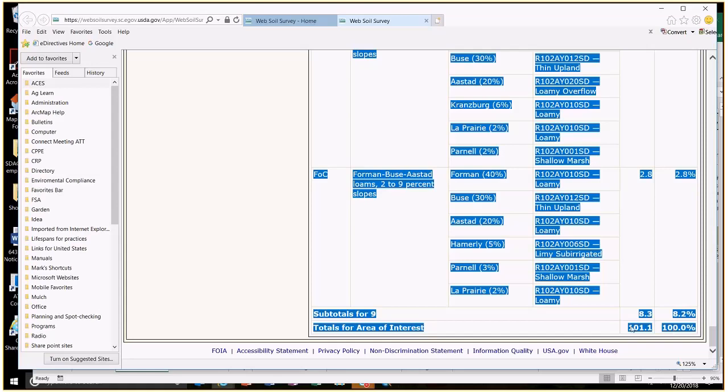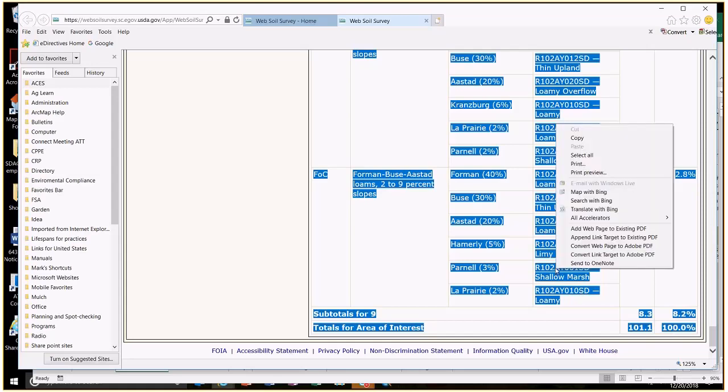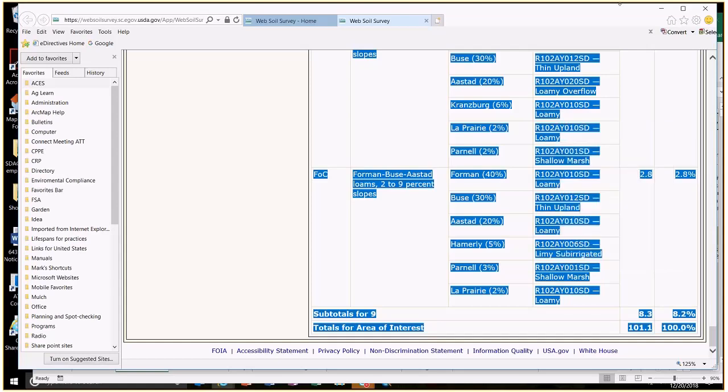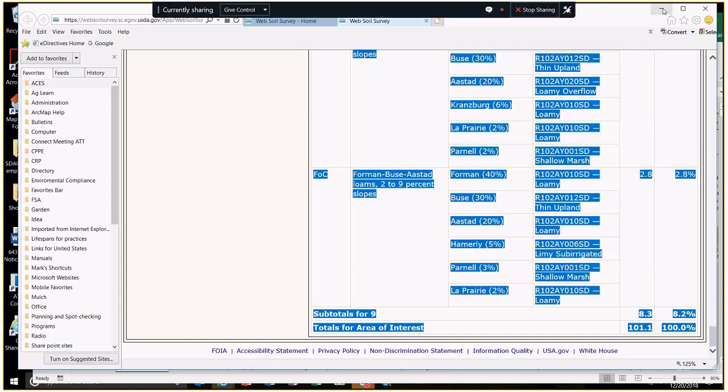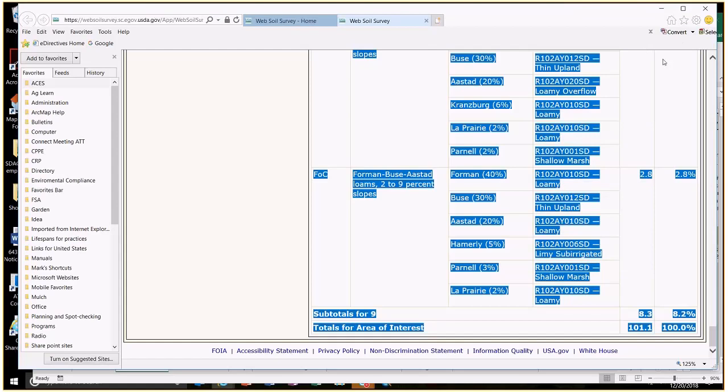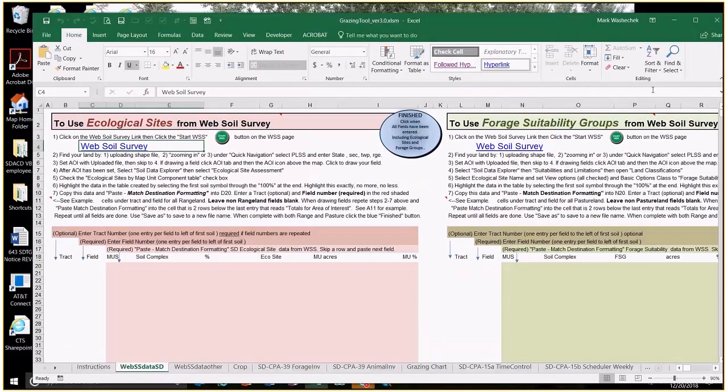There. I need my cursor in a blue area. I'm going to right click in a blue area and copy. Okay, now I'm going to minimize this Web Soil Survey. Right, I'm back to the Grazingtool 3.0,